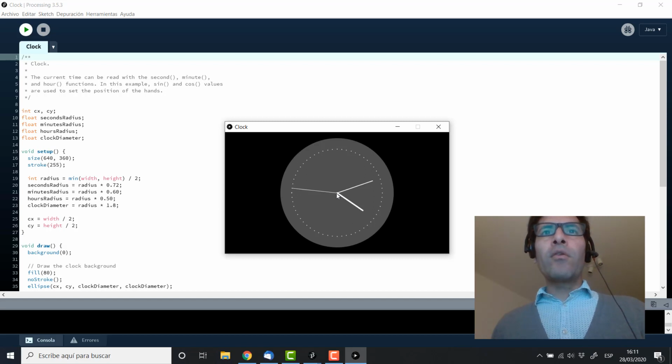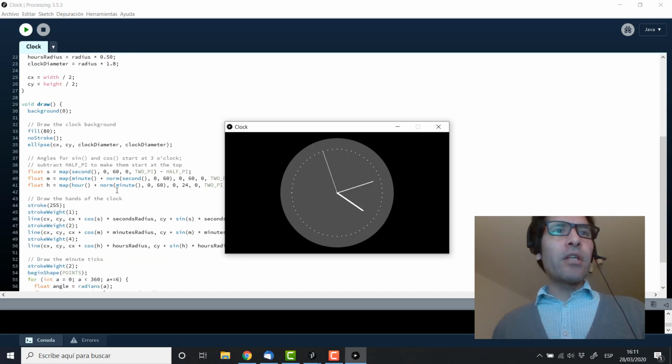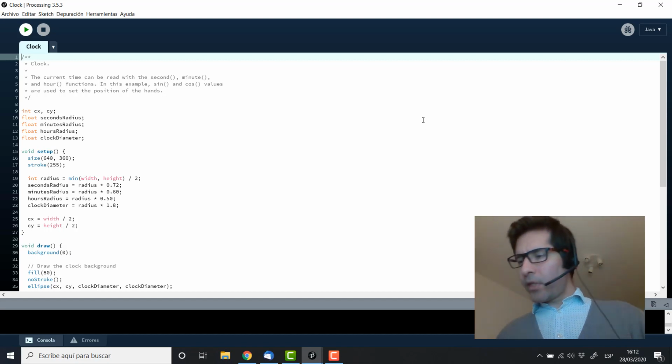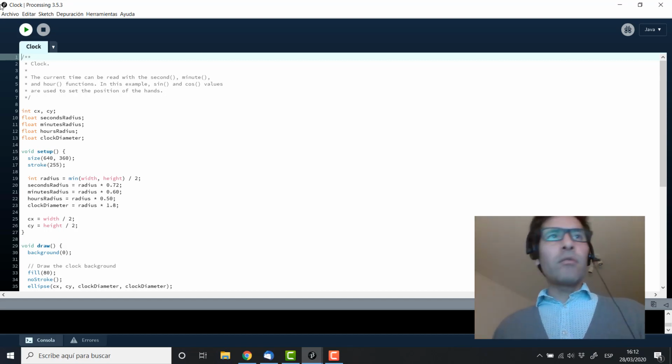So this line has two ends, 2 points. One point is fixed and the other is being rotated at a certain angle. So this is an interesting code to study. Another code I would recommend to you is called